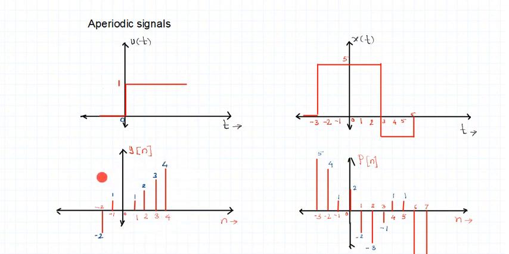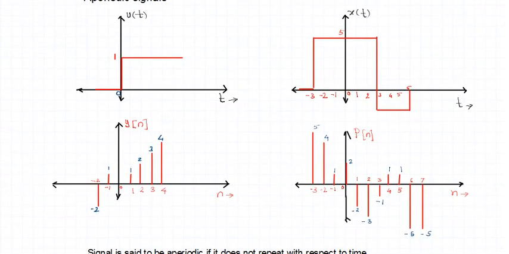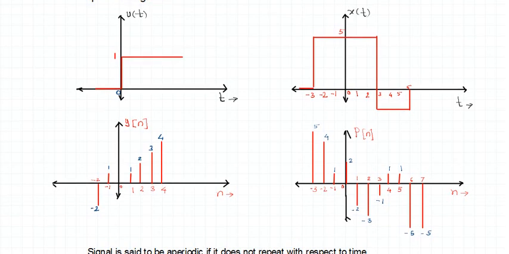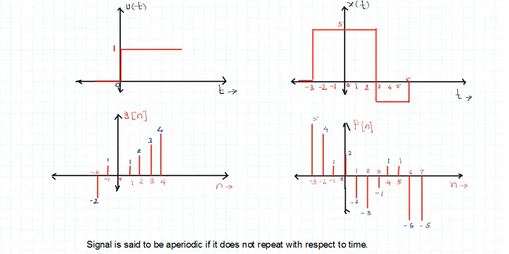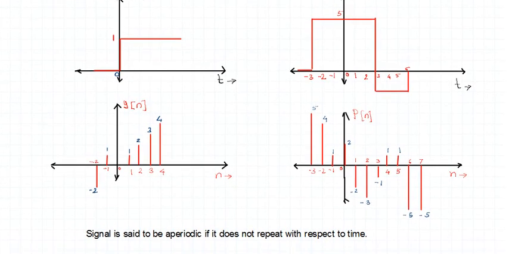There is no repetition in the pattern of the given CT and DT signals. There is no repetition observed. Similar is the case for signal PN, right? Do we observe any kind of repetition in the signals of PN? We don't observe any repetition of the samples, right? So in all these examples of CT and DT signals, what we observed is that there is no repetition observed in